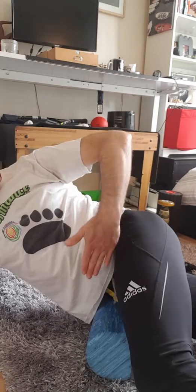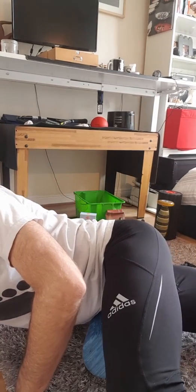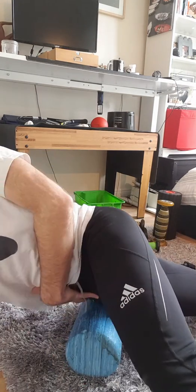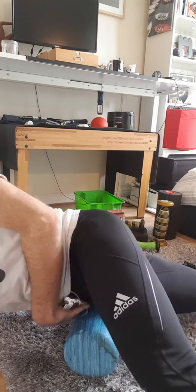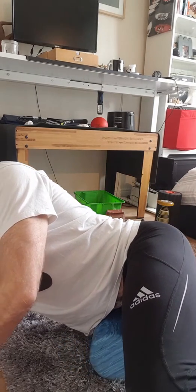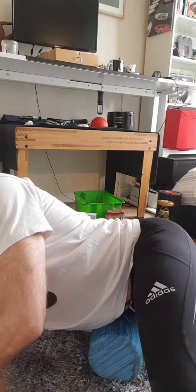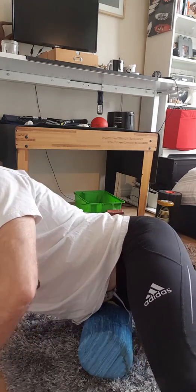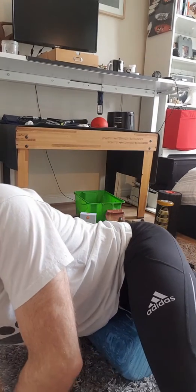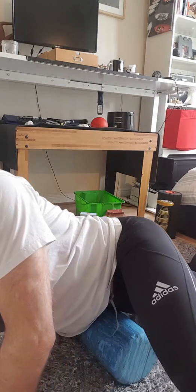I'm bringing my other hip over, so there's a tilt in the hips that way, and then extension in that back leg, extension at the hip there. Bring that back leg behind you, and then just lean in and think about that line I've showed you, and just roll along it the best way you can. Adjust the roller to get the right angle. And if you haven't found a sore spot already,